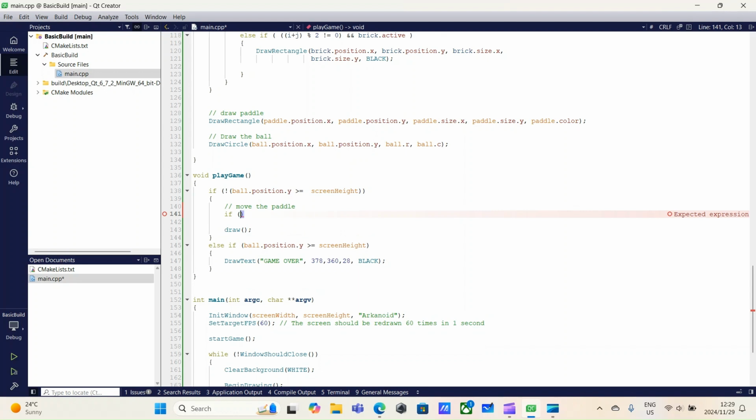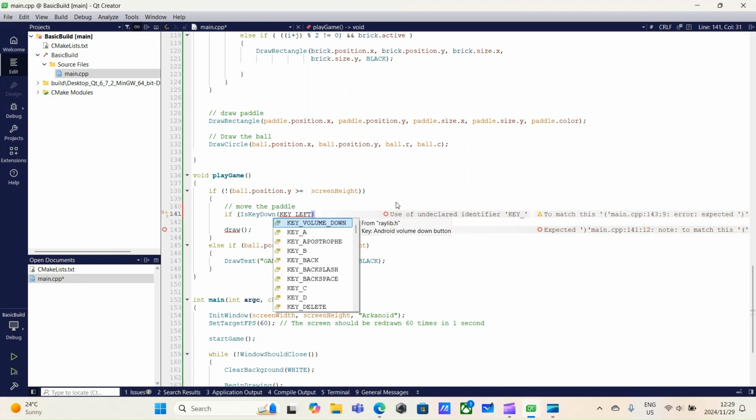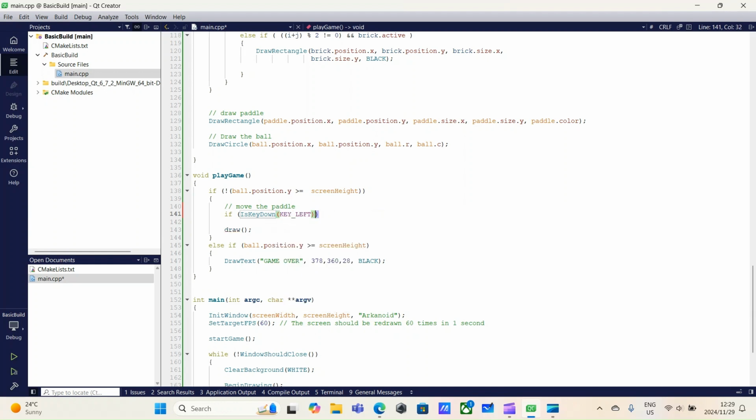This is very simple. We just call the IsKeyDown function, and we pass in an integer key. Thankfully, Raylib has some cool constants such as KEY, and then you just call what key? So KEY_LEFT. If the KEY_LEFT key is currently down, and the pedal.position.x